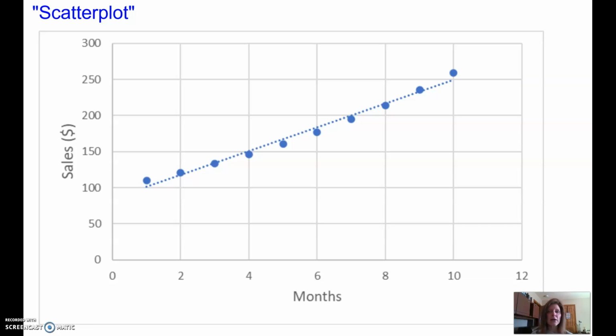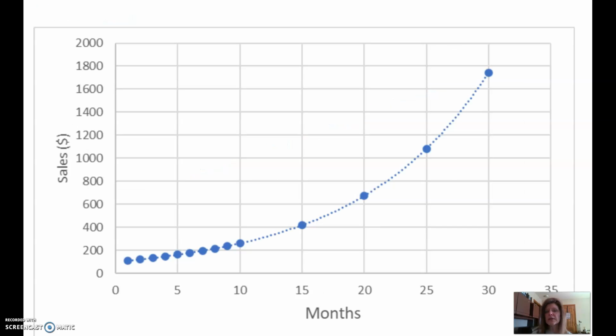Well, I went ahead and calculated for up to 10 months after, and I've plotted them here on my scatter plot and drew a line through there. It's pretty consistent, a little above, a little below, but it's overall pretty close. But what if I wanted to go out even further? If I calculated it out all the way to 30 months, I would see that that linear pattern suddenly changes and is not going to be very